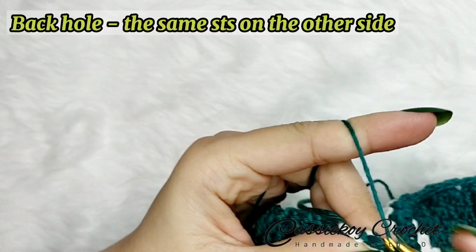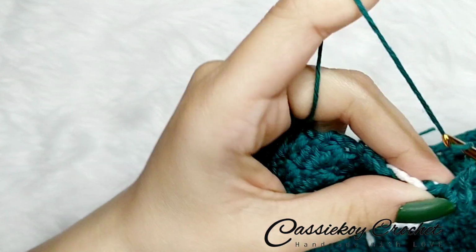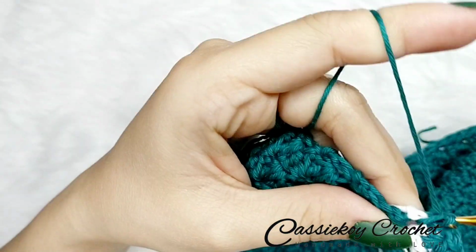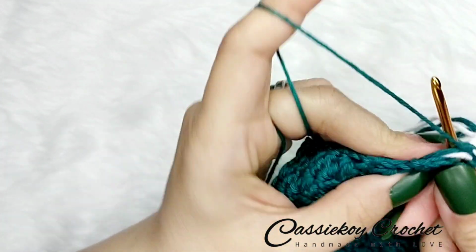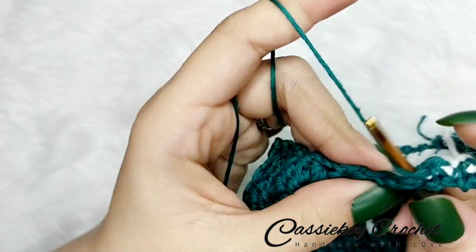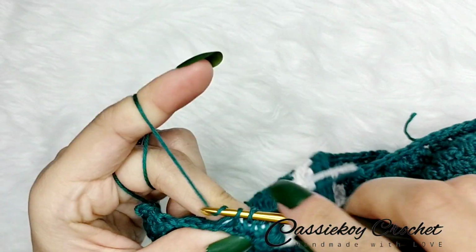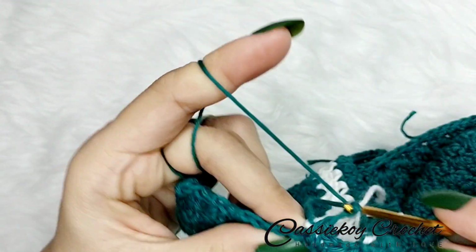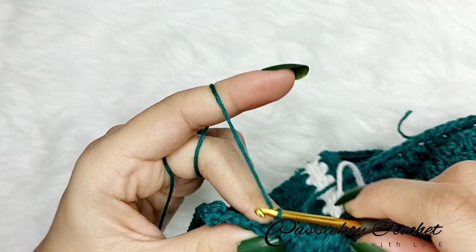Now let's work on the back holes again. So single crochet on the first stitch, and then 2 chains, skip 1 stitch, and then on the next will be 1 single crochet. Do this for 4 times. So this is the second one, third, and fourth. Okay, and then just chain 2, skip 1 stitch, move to the next, 1 single crochet on the next 4 stitches,